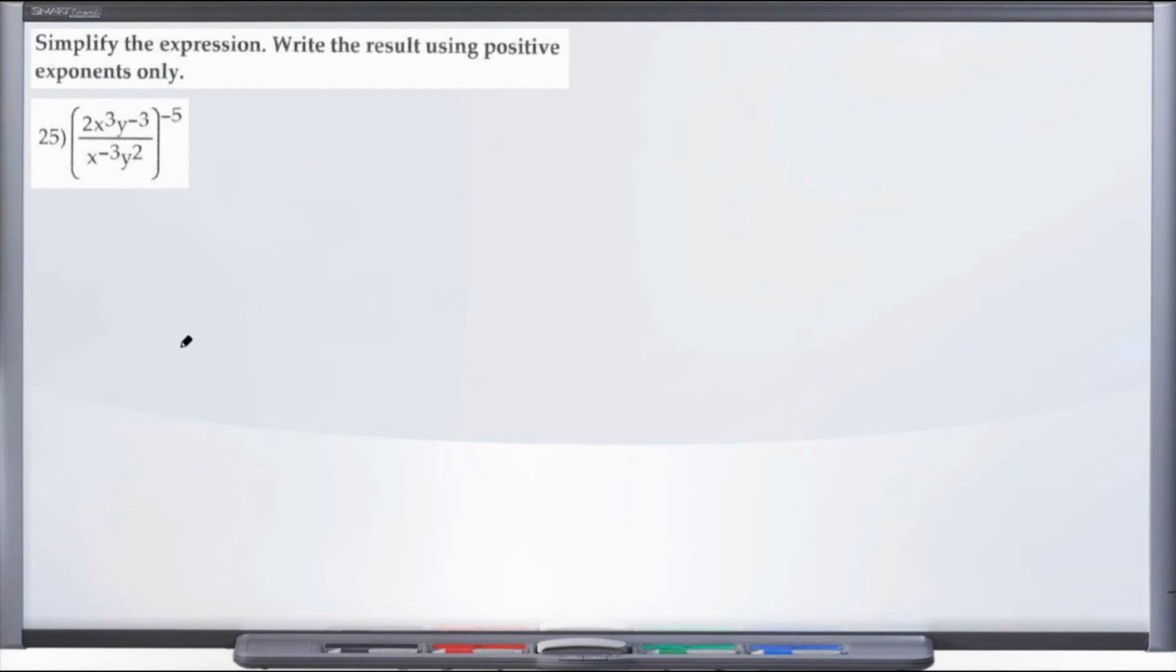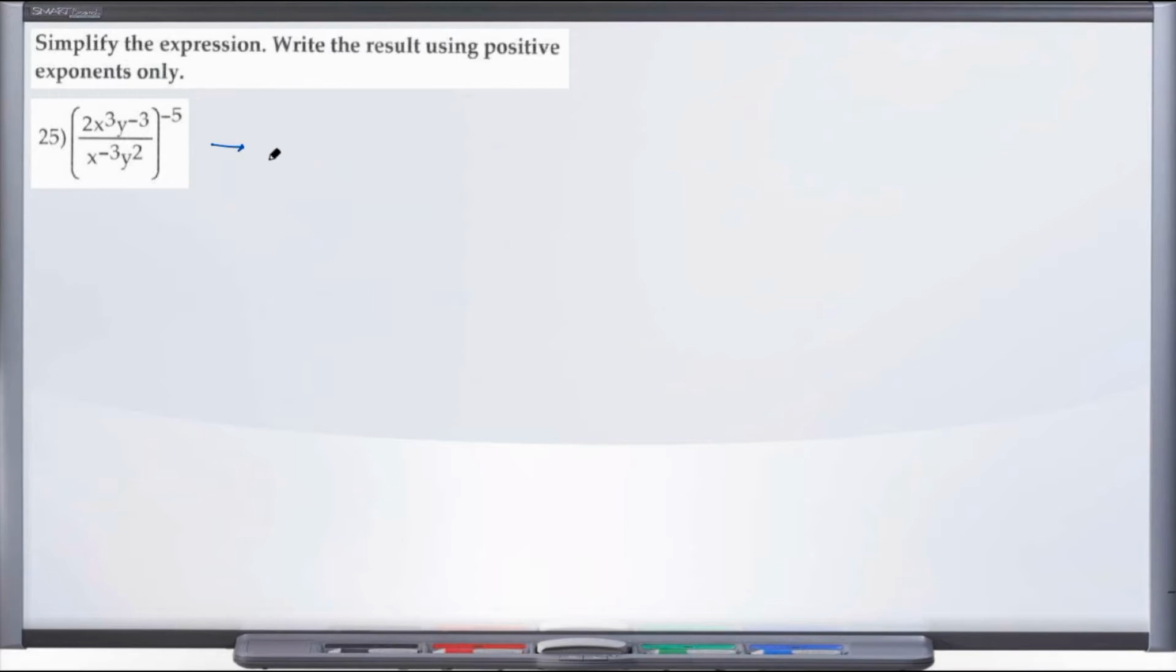So the directions here for 25 are simplify the expression, write the result using positive exponents only. And we can see that we have the fraction 2x to the third y to the negative 3 over x to the negative 3 y to the second. This whole thing is being raised to the negative 5 exponent. And so when you have a fraction like this, a rational expression here, being raised to a negative number,